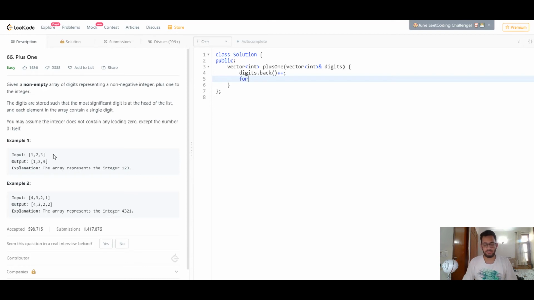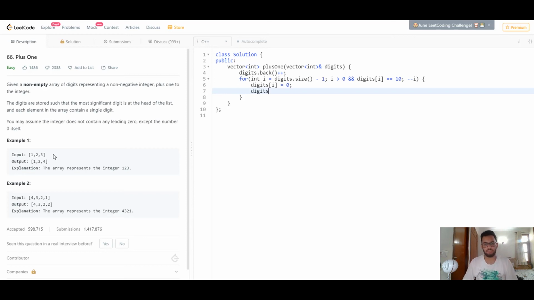I'll do that by writing a for loop for int i equal to digits.size() - 1, while i is greater than 0 and while digits[i] is equal to 10, and I'll keep this loop going, decrementing i. Now all I need to do is replace this current digit with 0, digits[i] = 0, and carry that forward to the left hand side element.